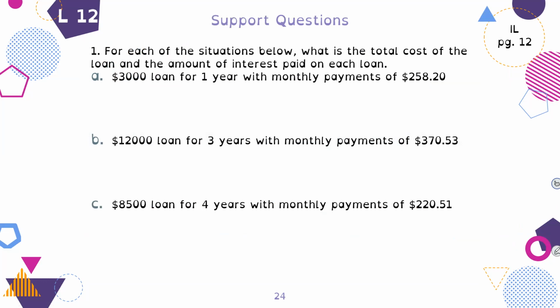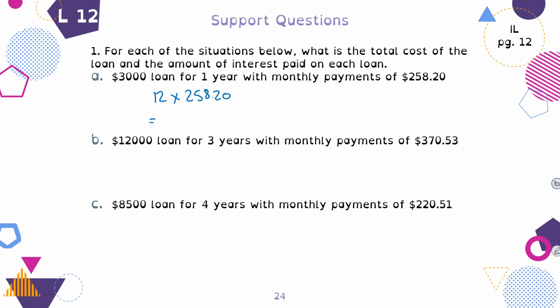All right, so let's look at the separate questions for lesson 12. This is also on page 12. For each of the situations below, what is the total cost of the loan or the amount of interest paid on each loan? So we have a loan for A, a loan of $3,000 for 1 year with monthly payments of $258.20. So if we made monthly payments for 1 year, that means we made 12 payments of